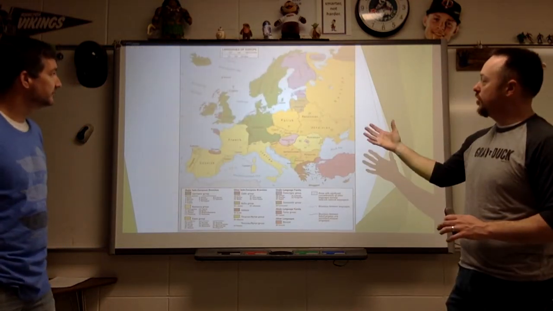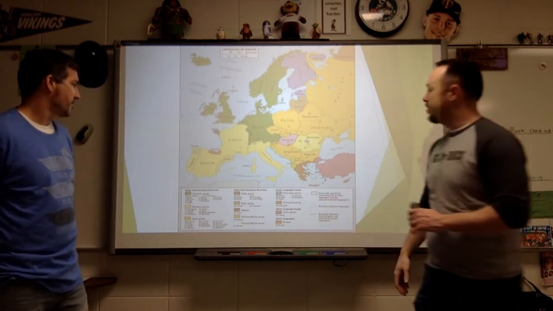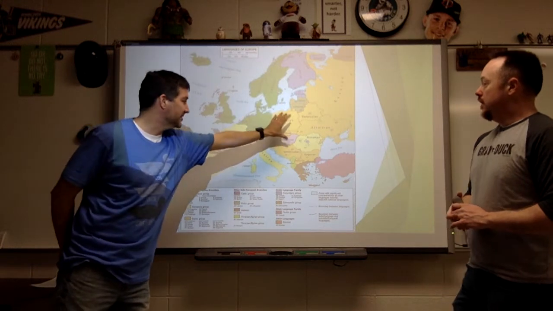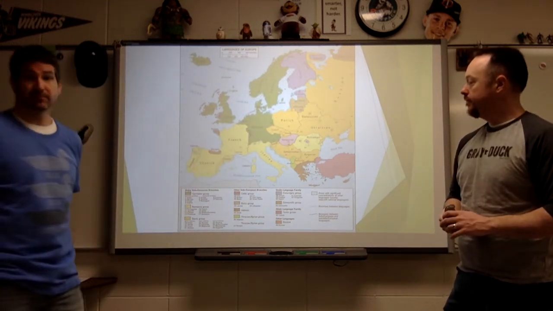So we're looking at just the borders again, languages of Europe. You can see most of them, the borders do act as language barriers, but that's not always the case. Keep in mind, you've got your Balto-Slavic over here, your Germanic over here, your Romance language over here. Fits pretty nicely, doesn't it?